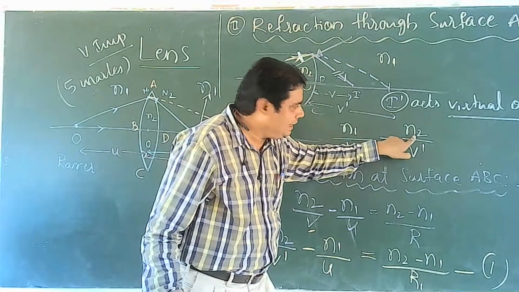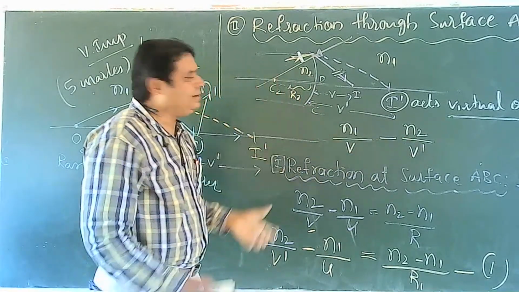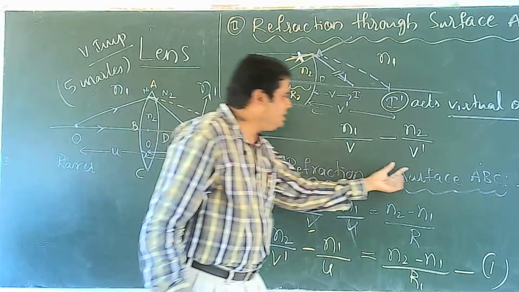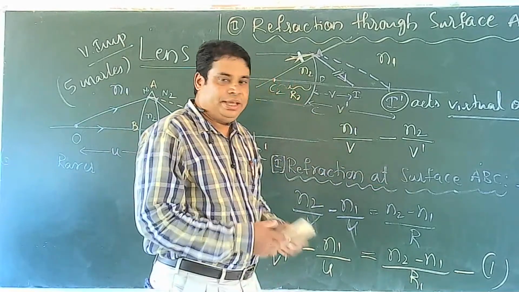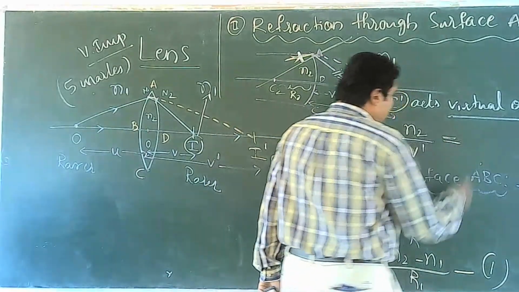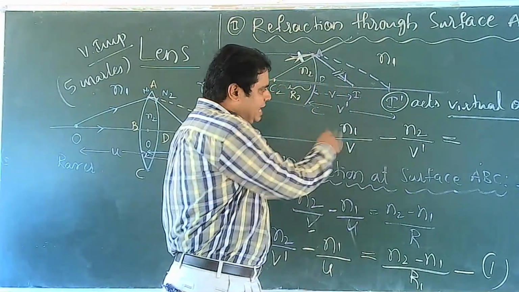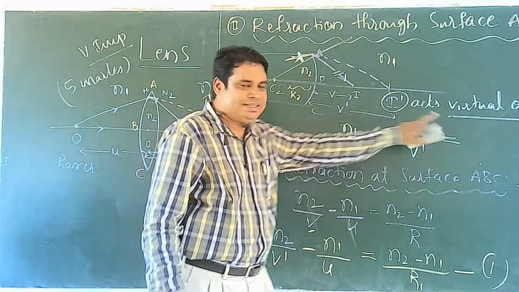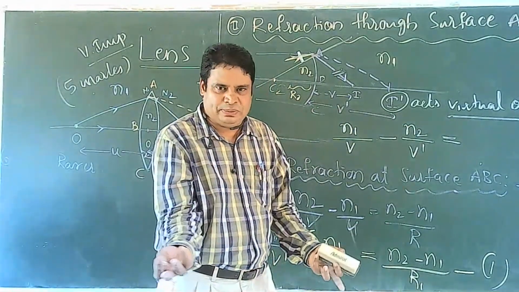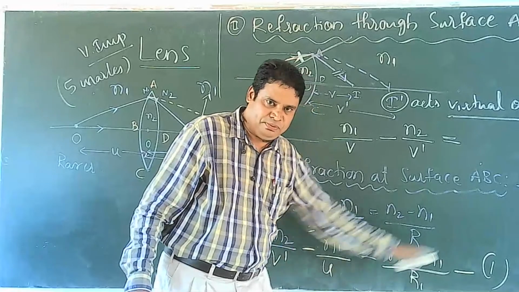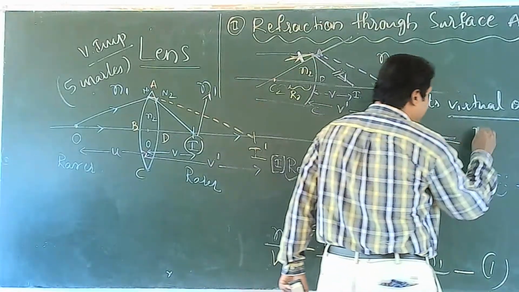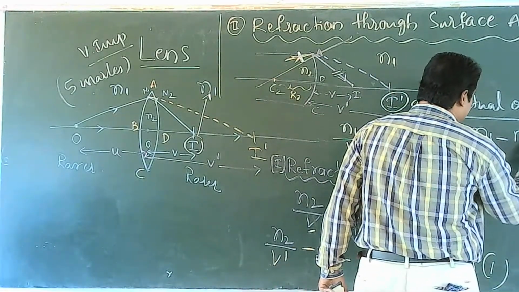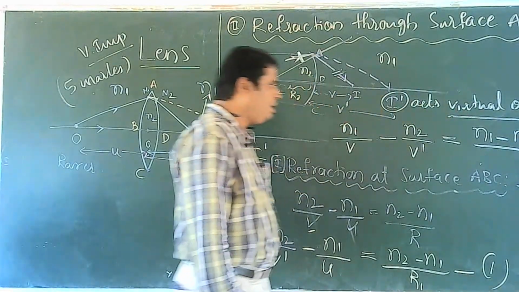It is present in n2, and the object distance is v dash. According to the formula, n1 minus n2 we get. Here n2 minus n1, here n1 minus n2. Of course, it's n1 minus n2 divided by